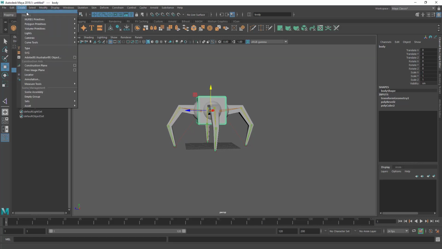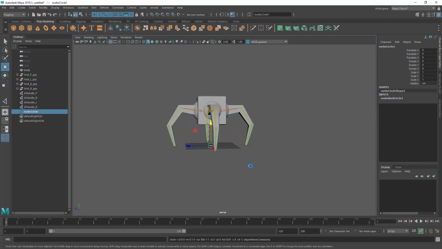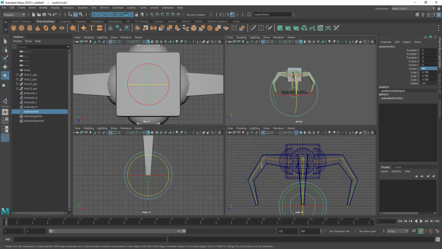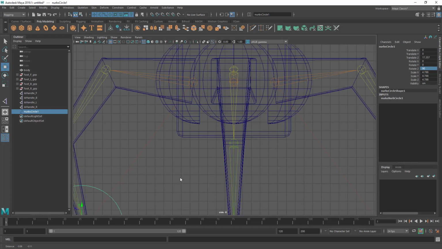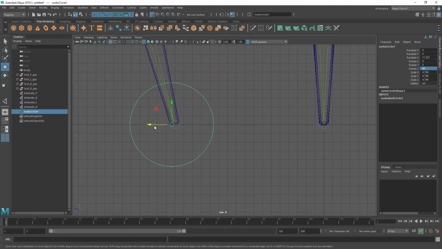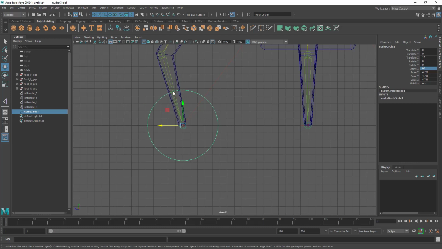Now create a path for the leg. NURBS circle. Scale it, hold the G key and drag to snap every 50 units, or put 90 in the rotate Z attribute. Snap the position on the IK handle. Okay,